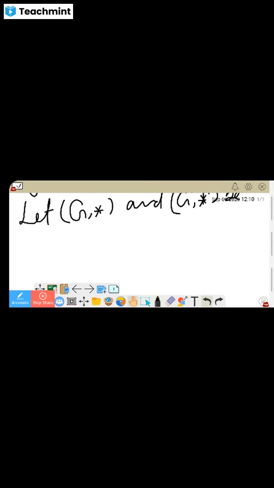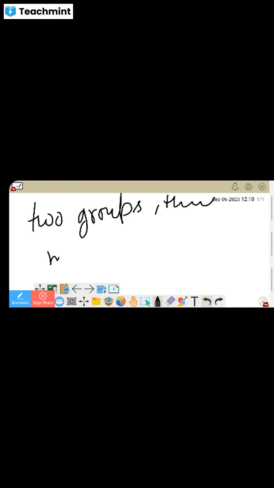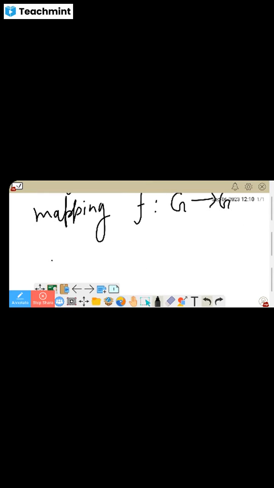These are two groups. Then a mapping F from G to G dash is a group homomorphism